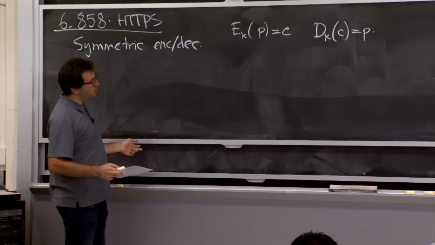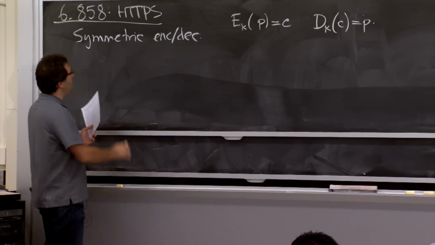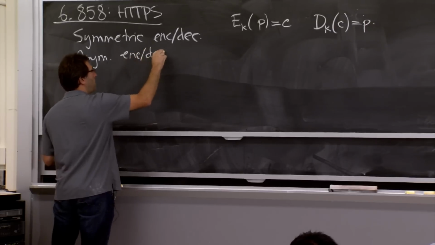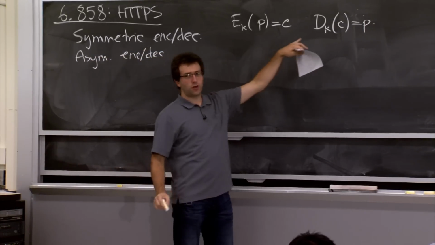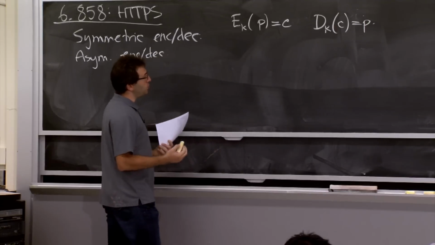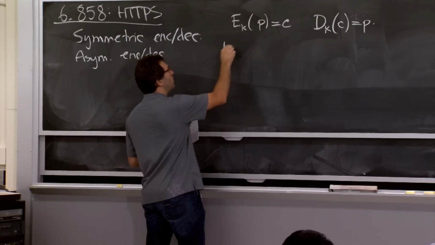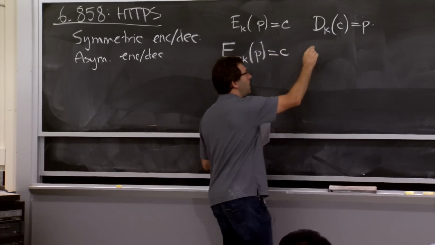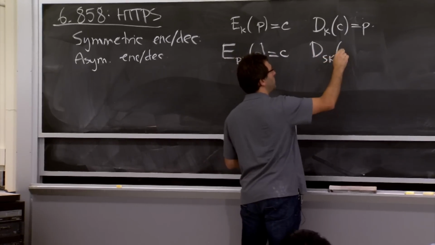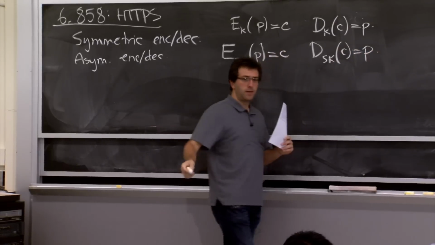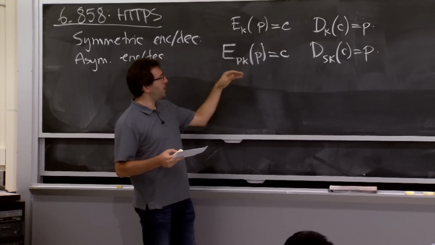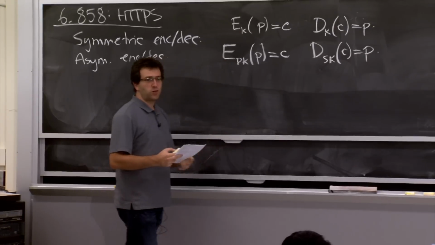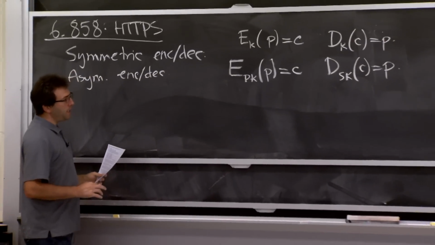But it turns out there's other primitives as well that will be useful for today's discussion. This is called asymmetric encryption and decryption. Here, the idea is to have different keys for encryption and decryption. We'll see why this is so useful. In particular, the functions that you get is you can encrypt to a particular public key with some message and get a ciphertext. In order to decrypt, you need to supply the corresponding secret key to get the plain text back. The cool thing now is you can publish this public key anywhere on the internet, and people can encrypt messages for you, but you need the secret key in order to decrypt the messages. And we'll see how this is used in the protocol.